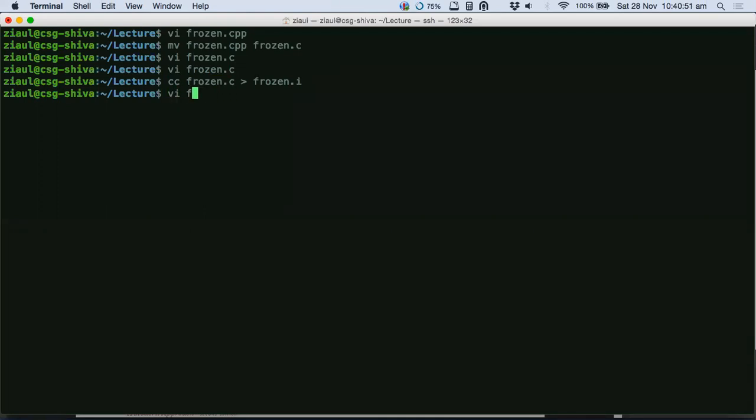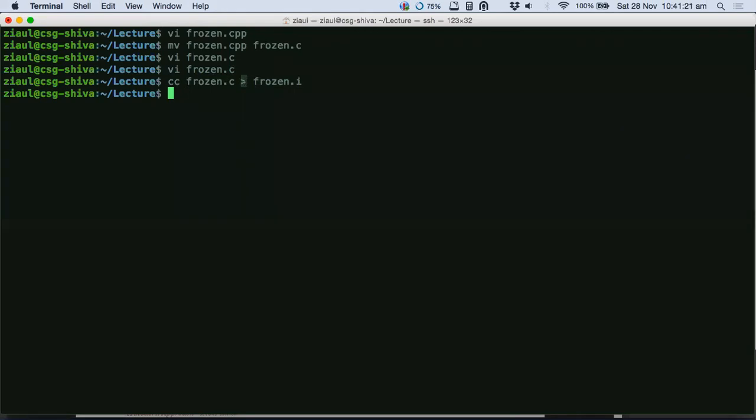When I did this, I have invoked a tool, or a software, which is called the preprocessor. So here I'm not doing the compilation. Just remember this. I am just taking your file and asking the preprocessor to pre-process this file. Now this is the pre-processed file, the frozen.i, right?